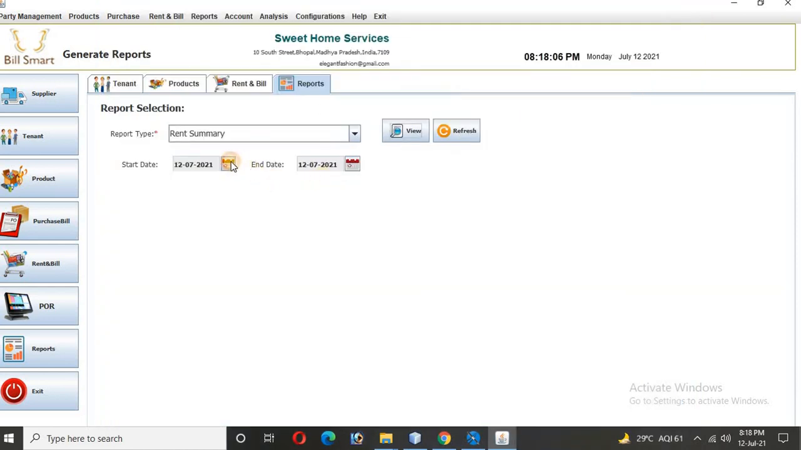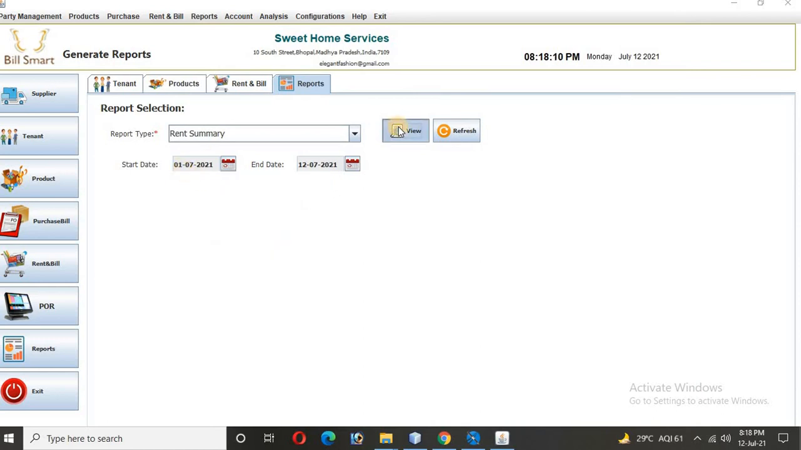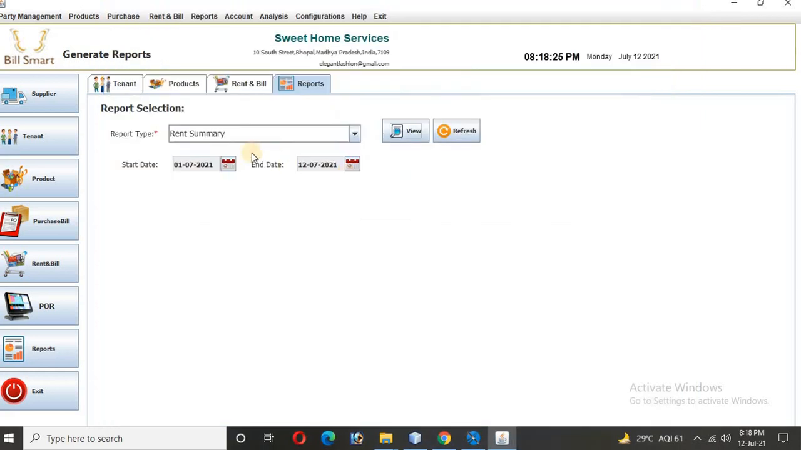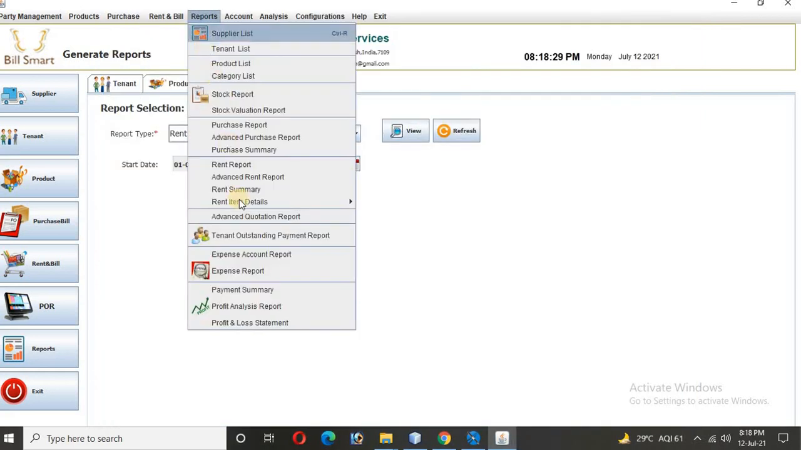Now I wanted to see for a month. So you just go back and then choose a date range and then see. So these are some more transactions done for other tenants, Ajit and Bhatmi Sahab, and then there is Hari Om Sharanam, and then the total rent record created is 1,84,000, yeah, and the balance amount, etc. So taking you back, you can choose a date, whatever you like. Then there are multiple rent